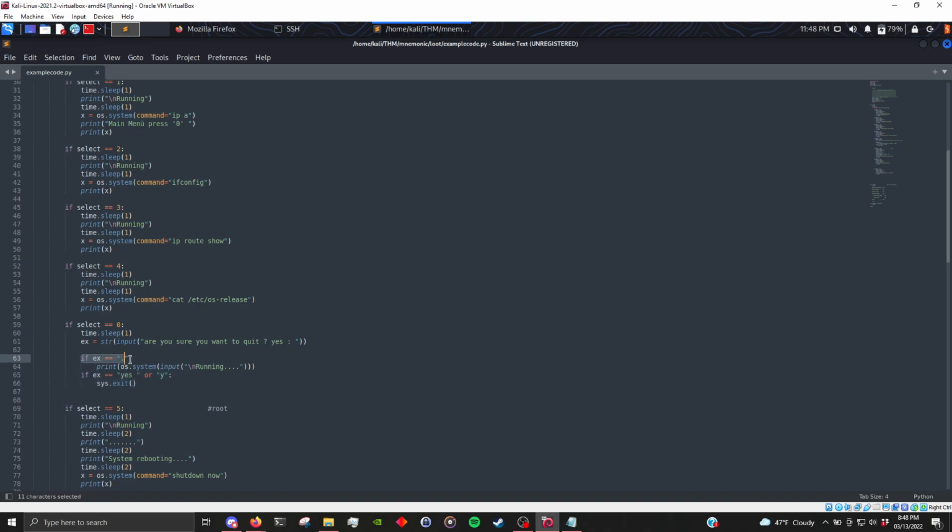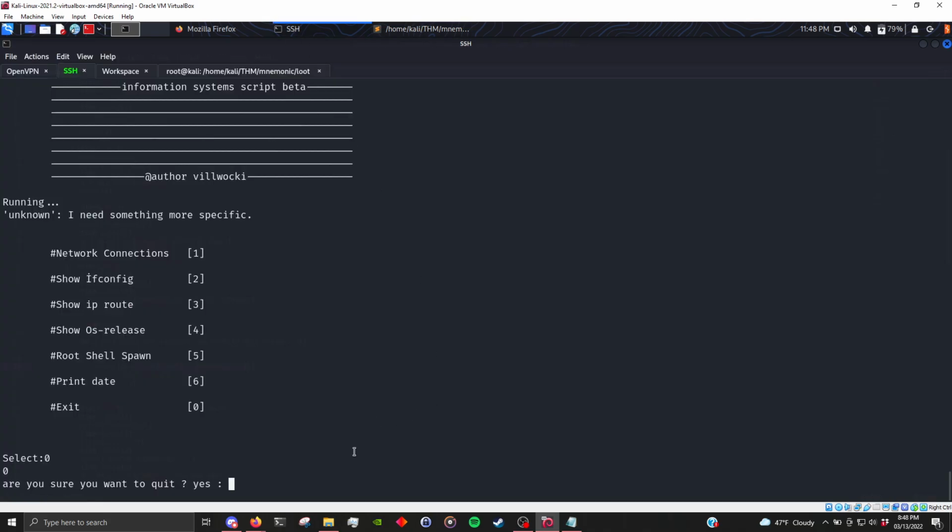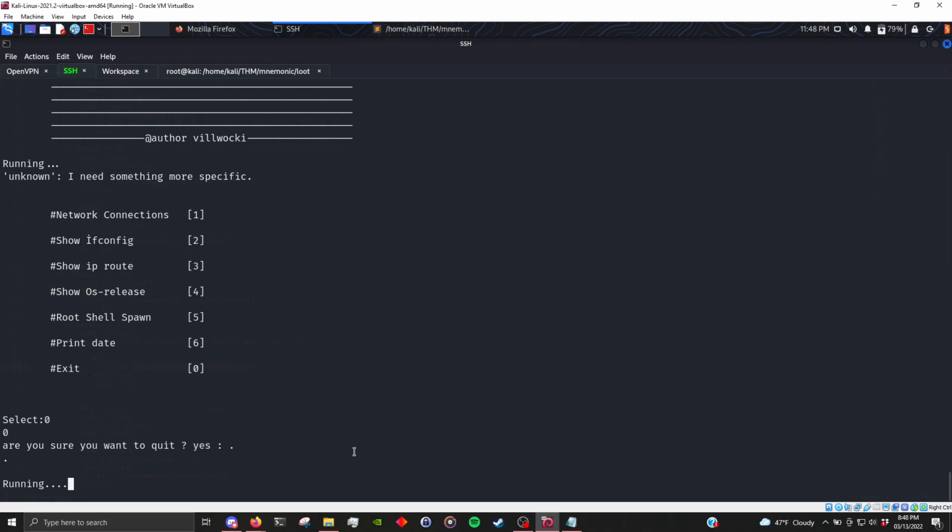However, if your input is just a single dot, a single period as your character, instead, it will use that as an input that will run on the shell. So if we say period, for example,